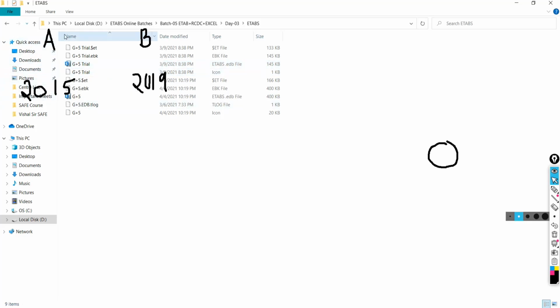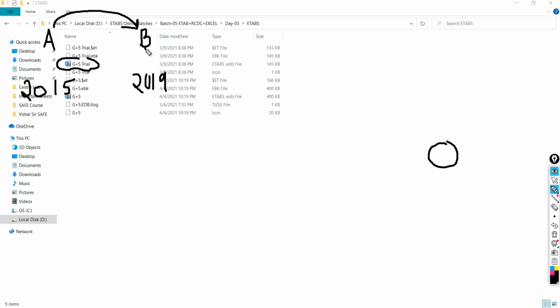Coming to our example, two persons are there, A and B. Person A is using the 2015 version and person B is using the 2019 version. Now, if person A sends the model file to B, then B can open that file in the 2019 version.